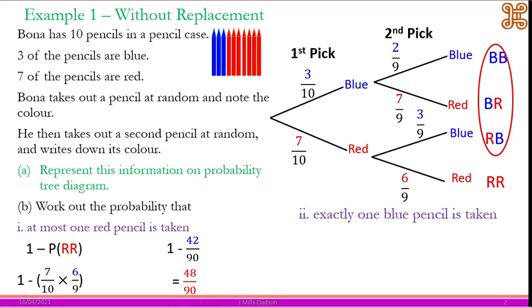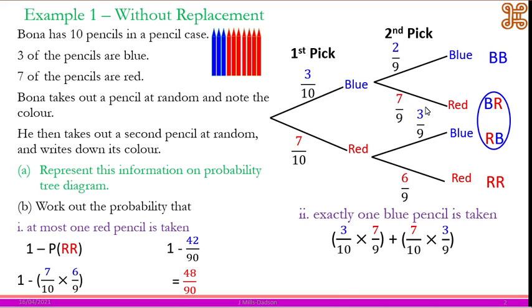Now for the second part, exactly 1 blue pencil. Exactly 1 blue pencil, so the 2 options. So that's 3 over 10 times 7 over 9, then we have 7 over 10 times 3 over 9. And that gives us 42 over 90. So that's the first example without replacement. Second example,